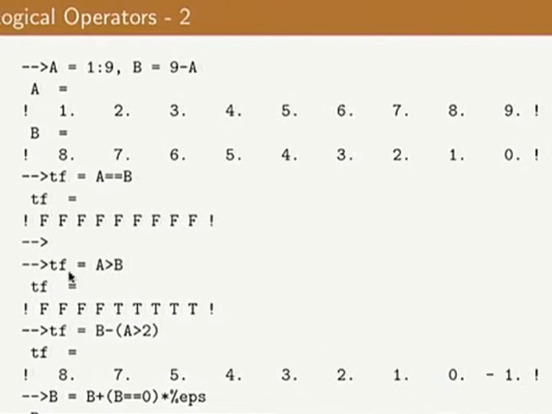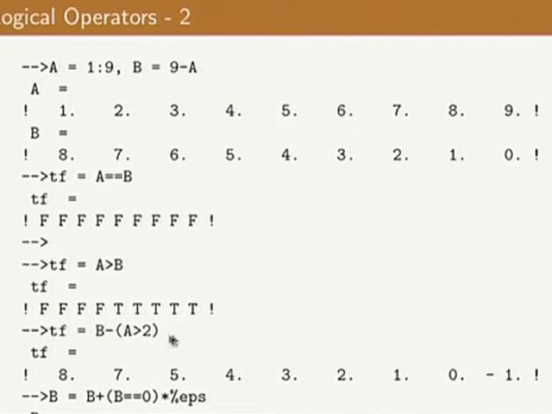But if you look at the next one, I'm saying TF equals A is greater than B. Whenever A is greater than B, it's going to say true. So for example, from 5 onwards, it's going to become true. All right? Here, look at this. TF equals B minus A greater than 2. Here I am using it as a number, an integer. This becomes an integer operation. A is greater than 2 from 3 onwards. So the result of A greater than 2 is going to return 0, 0, 1, 1, 1, 1.